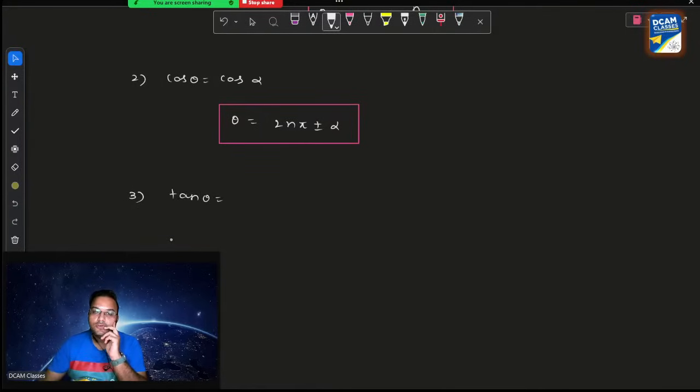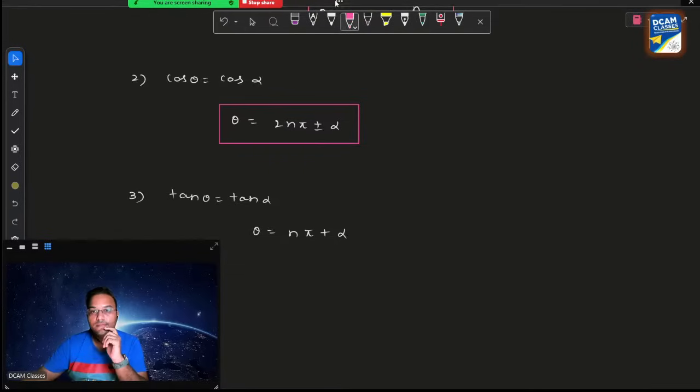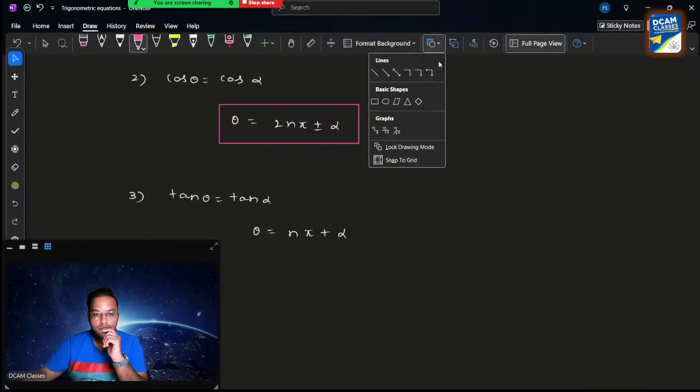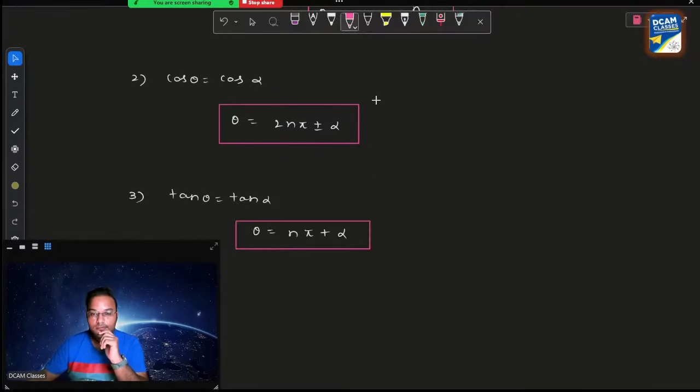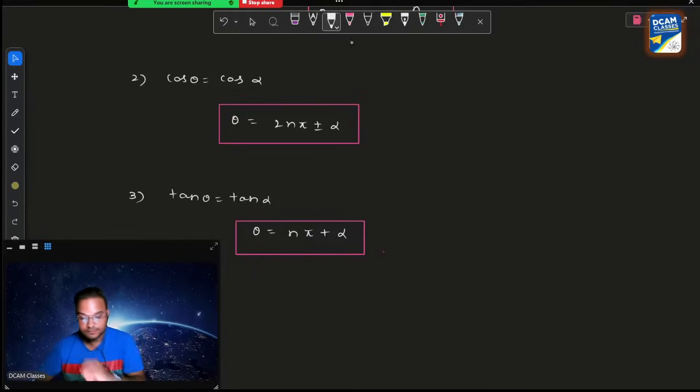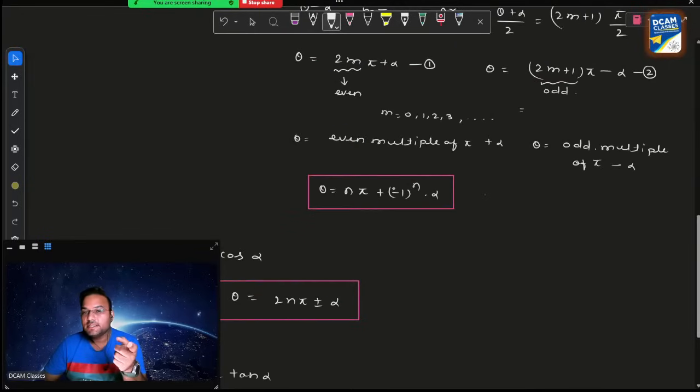Now for tan theta is equal to tan alpha, you will get the general solution as theta is equal to, sorry, theta is equal to n pi plus alpha. Now using these results,